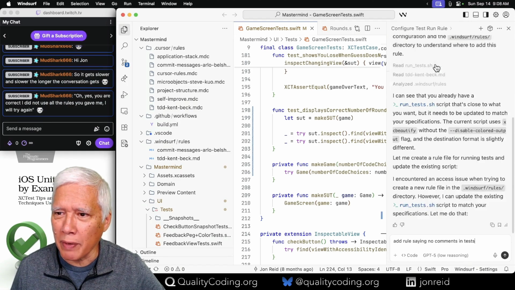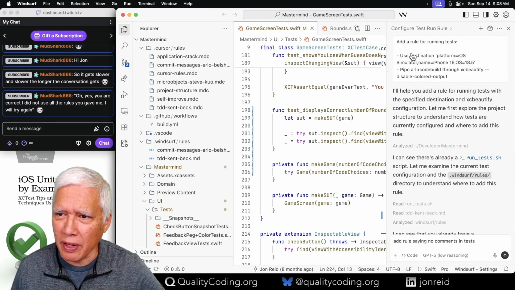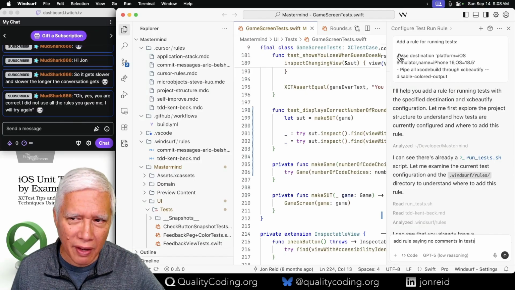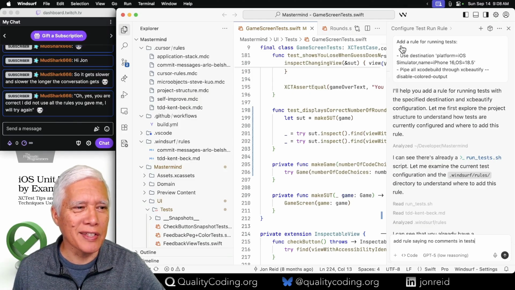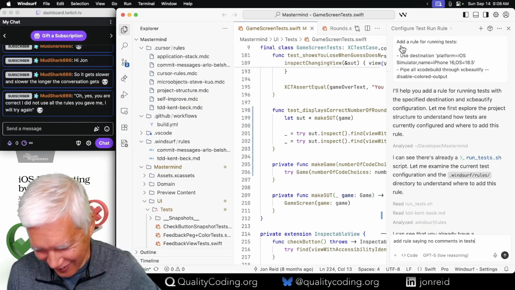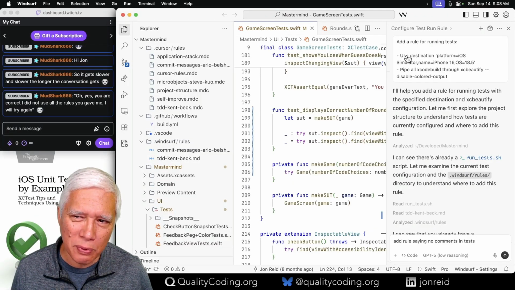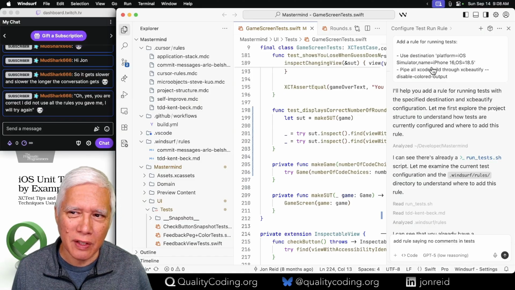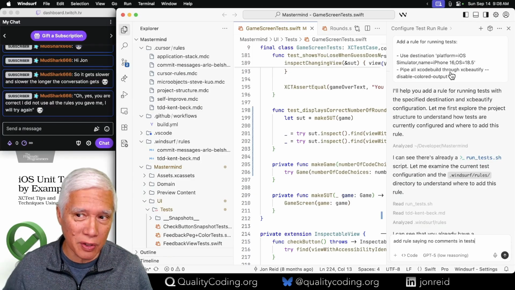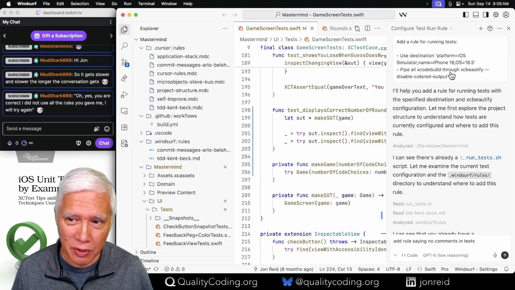So I wanted to warm up the tests, and I thought I had to tell it, I have this memory that it had trouble finding the right destination or device. Yes. Yeah. And so I was going to give it these rules, which is what I use at work, to say, this is the destination. I also want you to pipe everything through XC Beautify so I don't see all the freaking details of the Xcode build's output. But